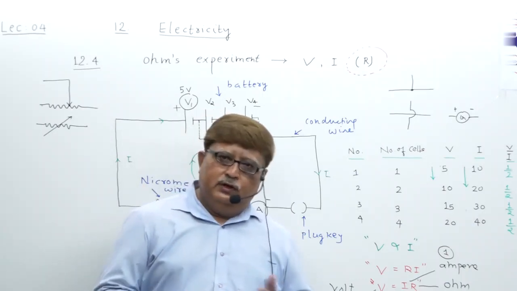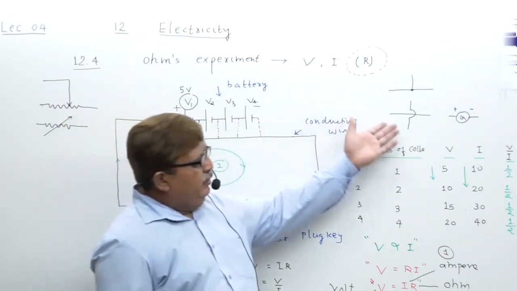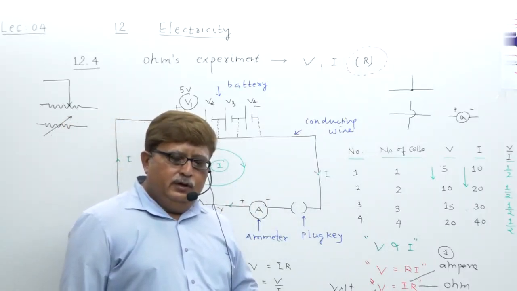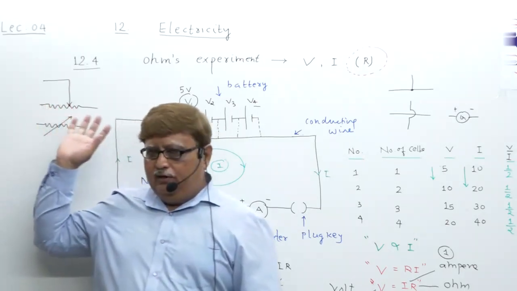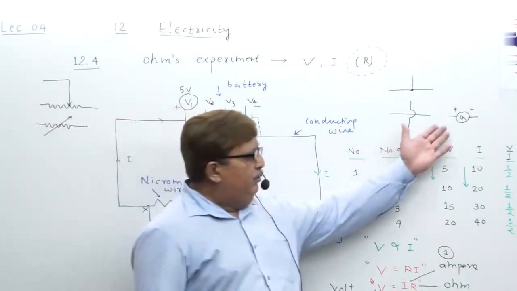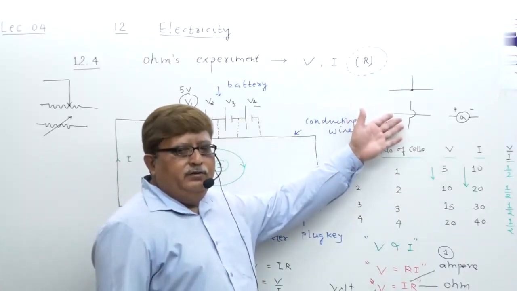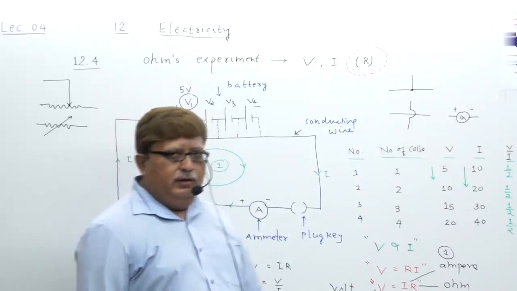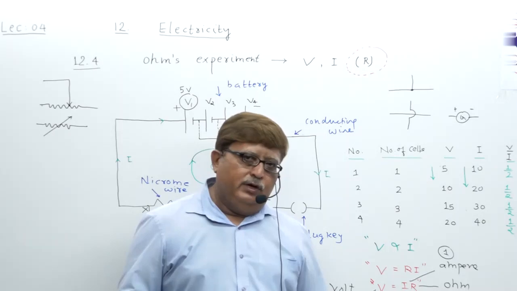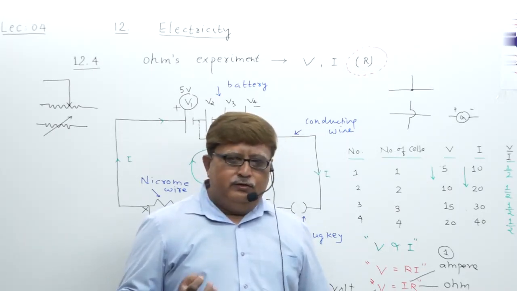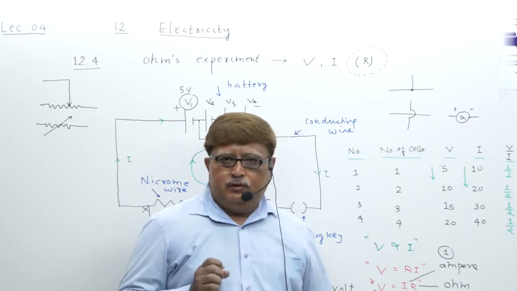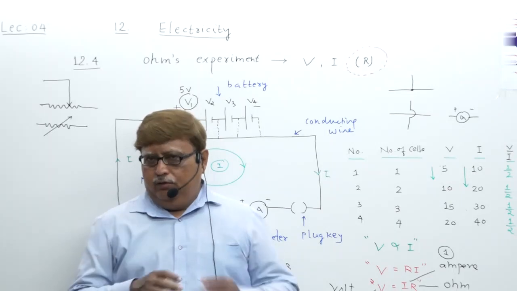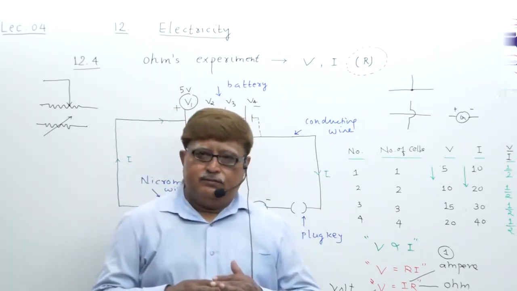You understood this? Some of the electric circuit symbols I have shown, please try to understand them. Somewhere I have shown variable resistors, then galvanometer, then wire joint and junction point, where wire crosses over another wire. Such symbols can also be asked in 1 mark. So drawing symbols is also equally important for us. Okay, my dear student.